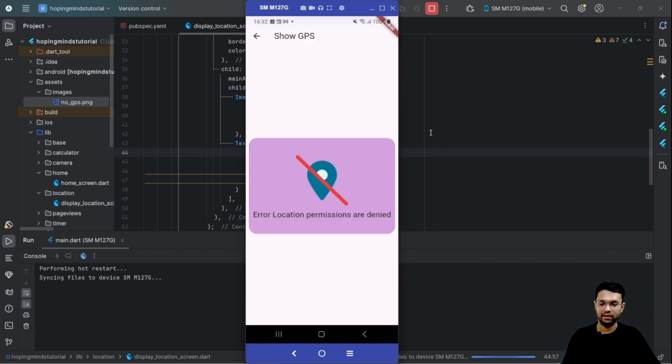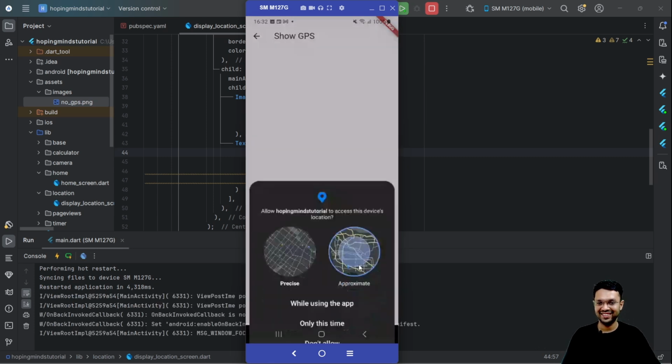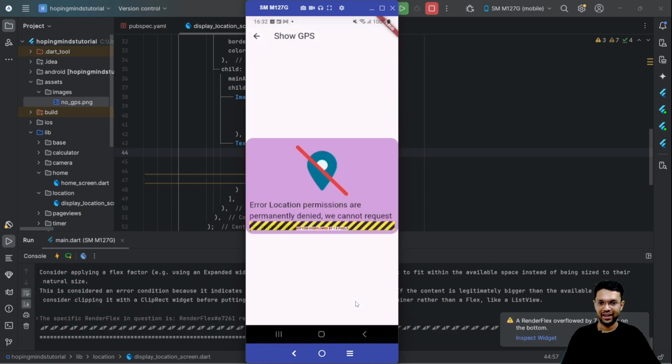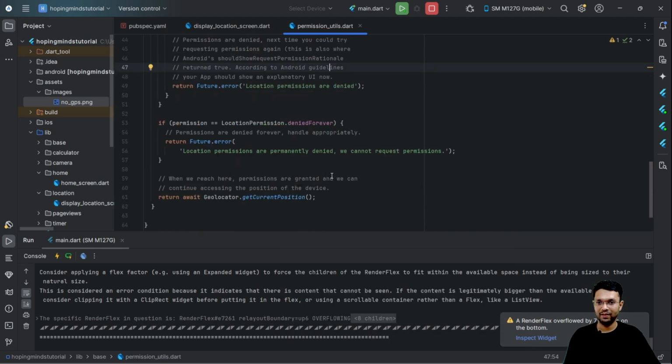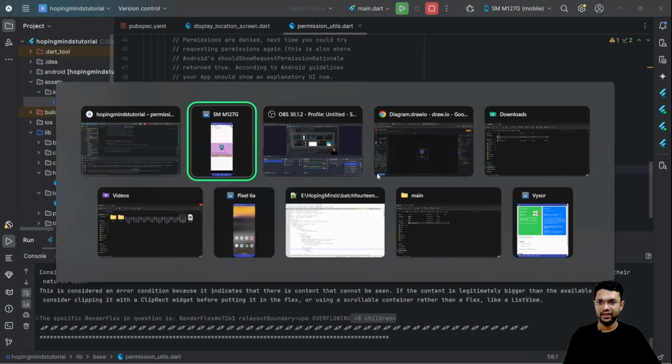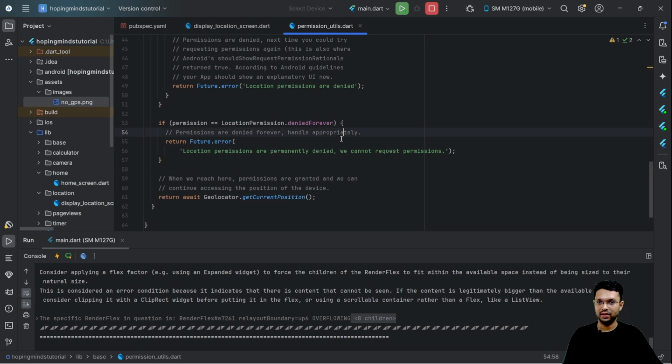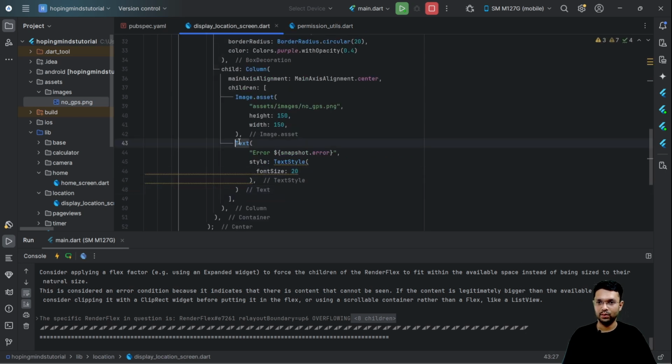Let's restart the app. So it's going to be again asking me the permission, and again I'm going to deny. Don't allow. And this time, do you notice that overflow? Well, we don't like it. In this case, what has happened, when you head over to the permission utils and try to display this long message, it kind of gets abrupt and it's kind of exceeding the height of the container. Well, what I'm going to show to you is in this scenario,